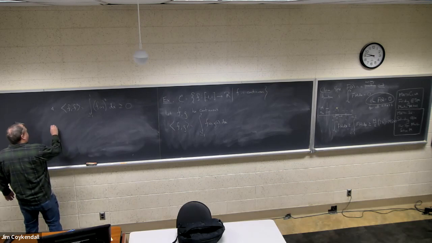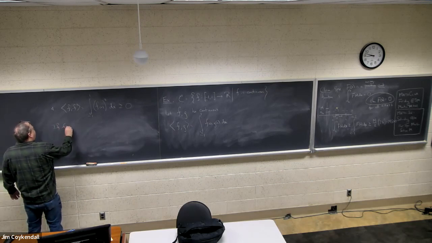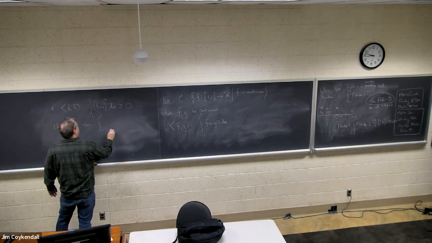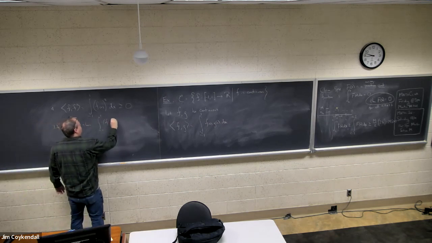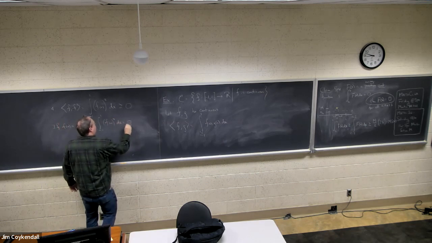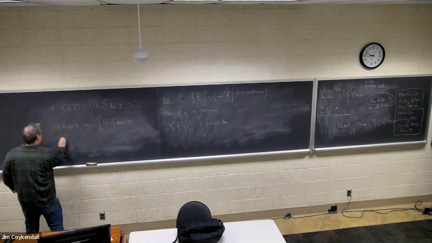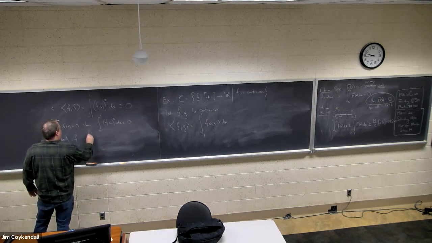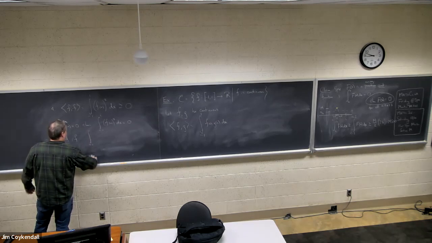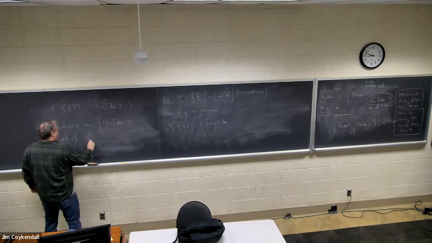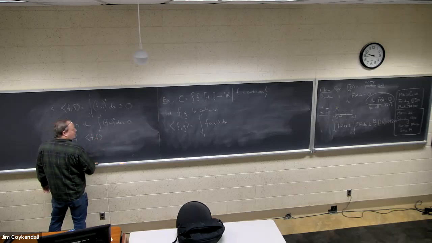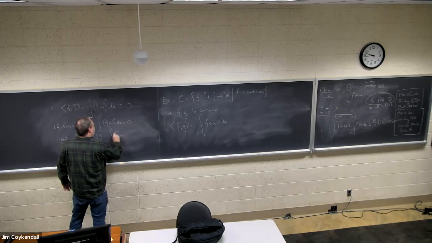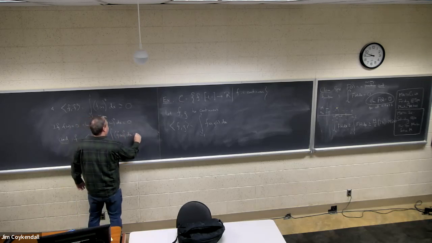Now, if f of x is 0, then the integral from -1 to 1 of f of x squared is 0. And if the inner product of f with itself, which is the integral from -1 to 1 of f of x squared, is equal to 0,